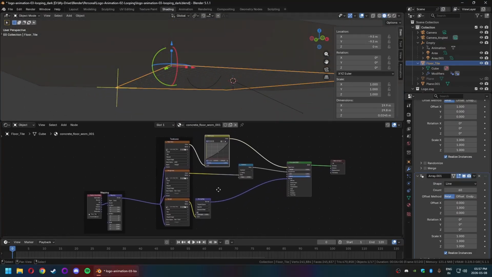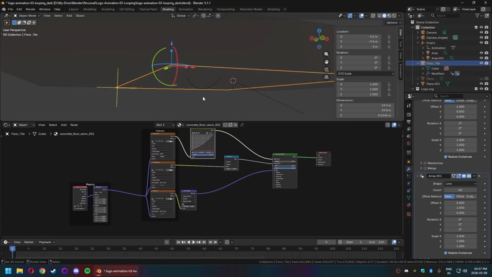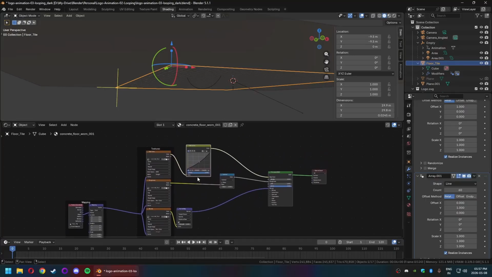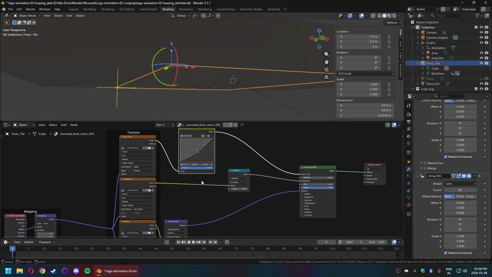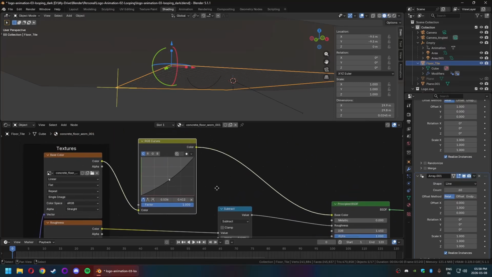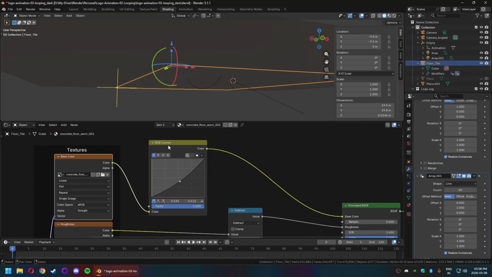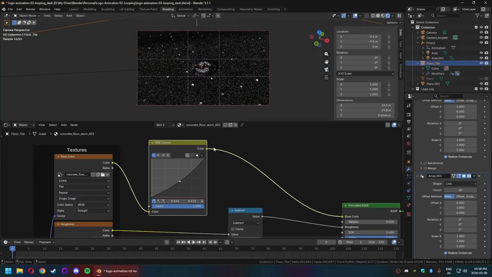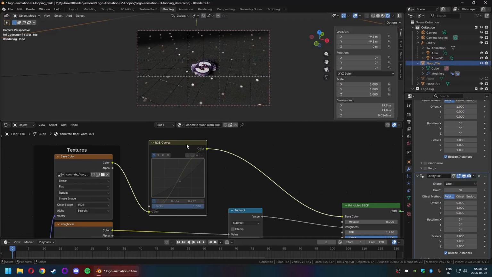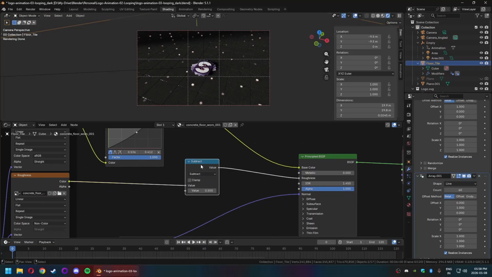These are the textures. I'm not using the displacement because I don't need to. What I am doing, however, is I am adjusting the base color, making it darker because the default looks far too bright. If I look at the camera, if I mute this, that is too bright for dark mode. That is a little better. The other thing is this thing,